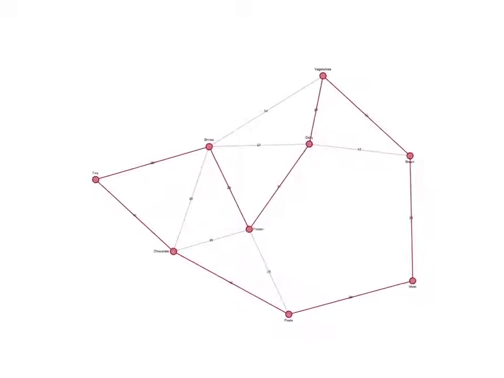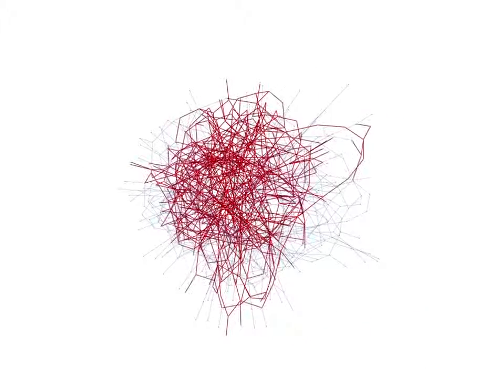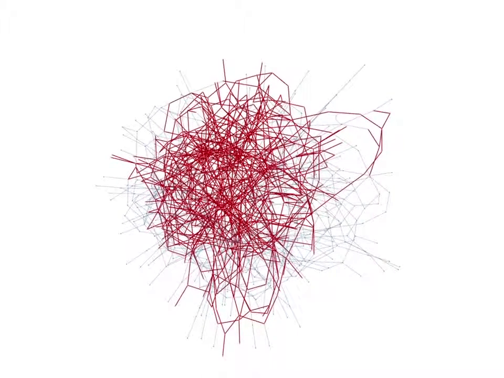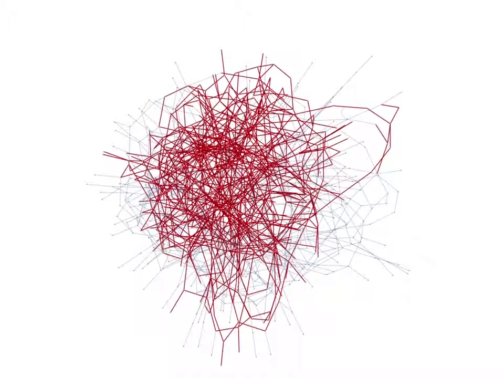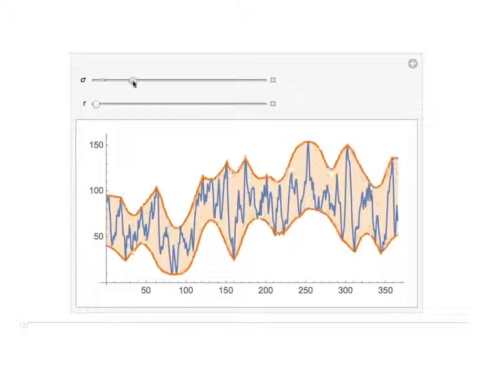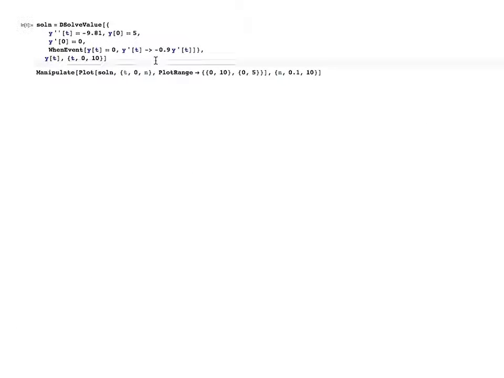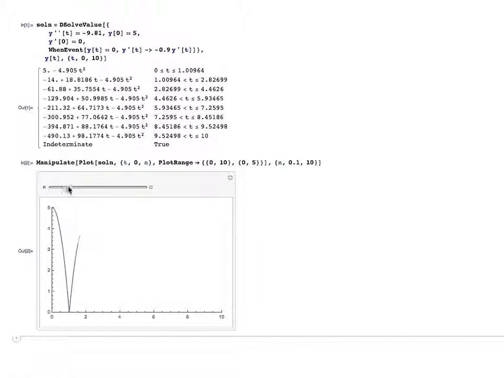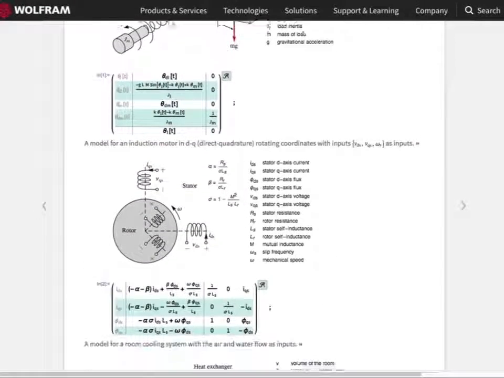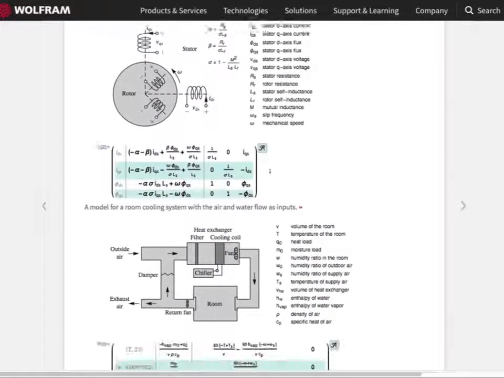Many other key domains of computation have also been extended. Graph computations have been extended to support mixed multigraphs, and new path and tour finding algorithms added to make social network analysis or network optimization in transport or communications easier than ever. Signal processing has been extended with new peak, baseline, and envelope detection, and new calculus includes symbolic solutions for event-driven and delayed differential equations, and control theory functions now support affine and nonlinear control models.